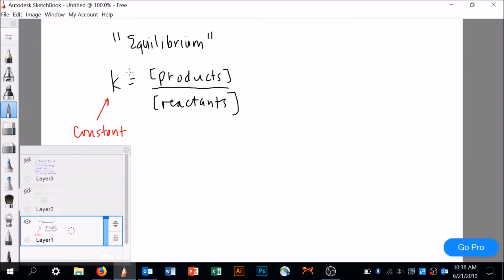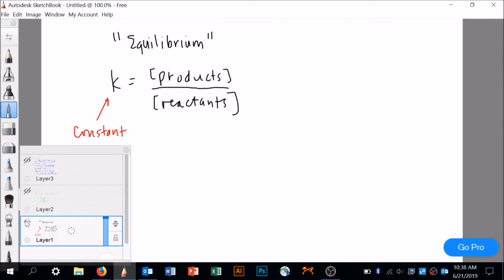So that said, let's bring this over here. Let's establish some notation here. So first of all, we have some constant, which we're going to call an equilibrium constant, and we can express the definition of equilibrium by thinking of it as a ratio, right? So if we have some constant K, the ratio of products to reactants doesn't change, all right? And that turns out to be characteristic of a particular reaction at a given temperature. All right, so we need this very much for this concept of Le Chatelier's principle.